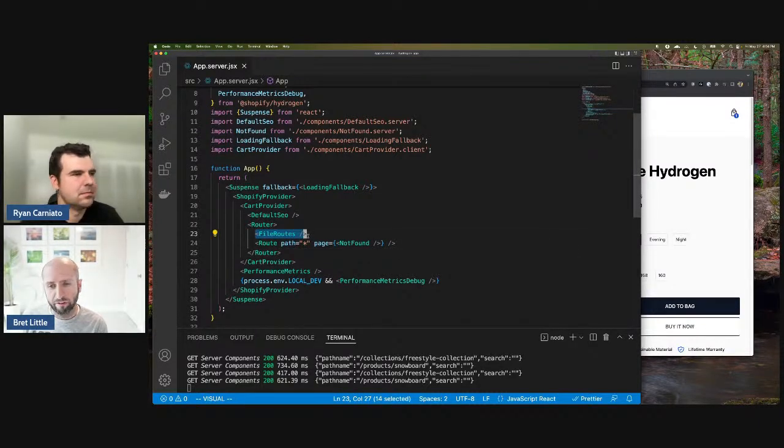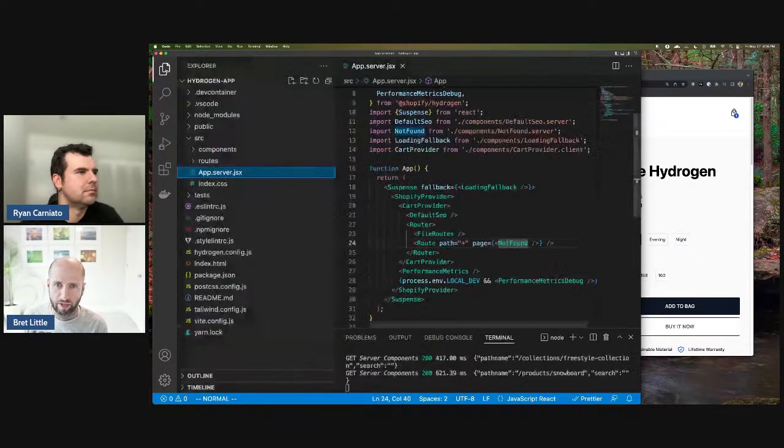A key difference here, though, is that similar to Remix, we have file routes. This is the default set of file routes that are going to be in the application. And then you can have custom routes inside here too. The only custom route is just a wildcard, so if nothing's matched in the file routes, we're just going to fall back to a not found. Makes sense. But by default,